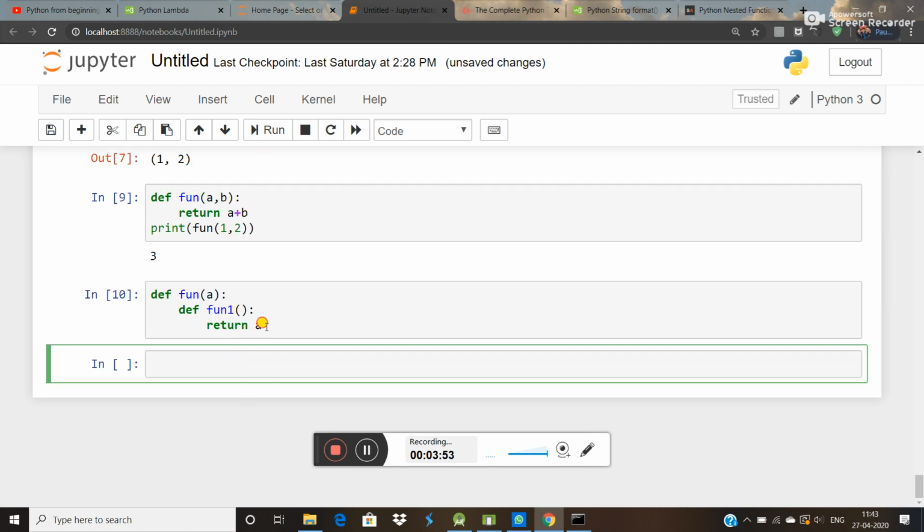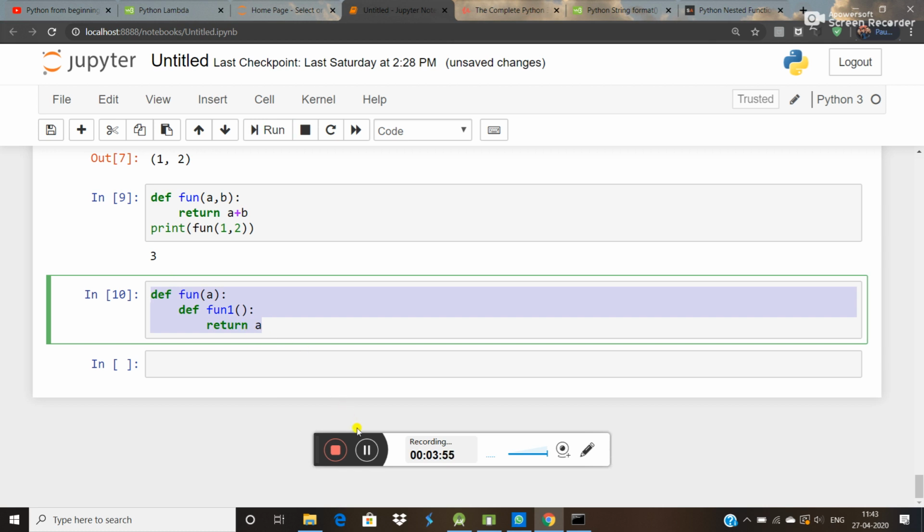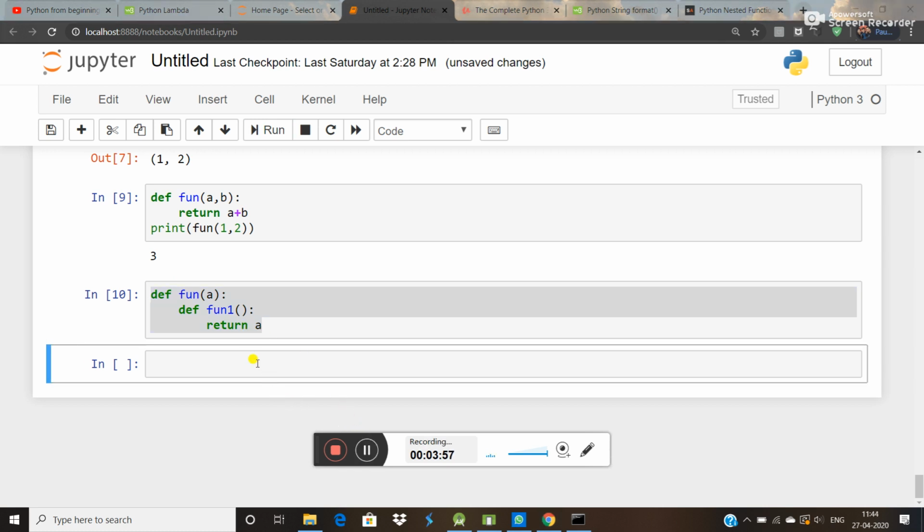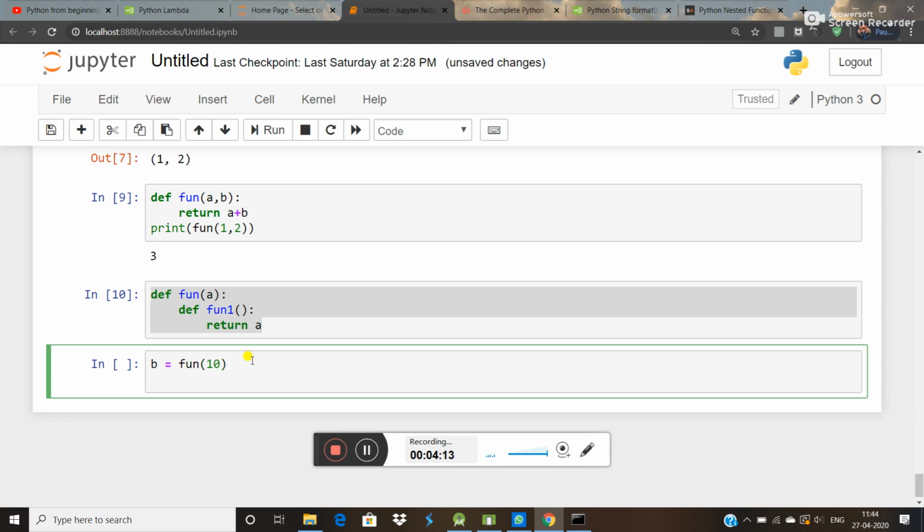If you want to call this function, you first have to call the first function. So like that, if b is equal to fun of 10, and you want to return the value, simply print b.